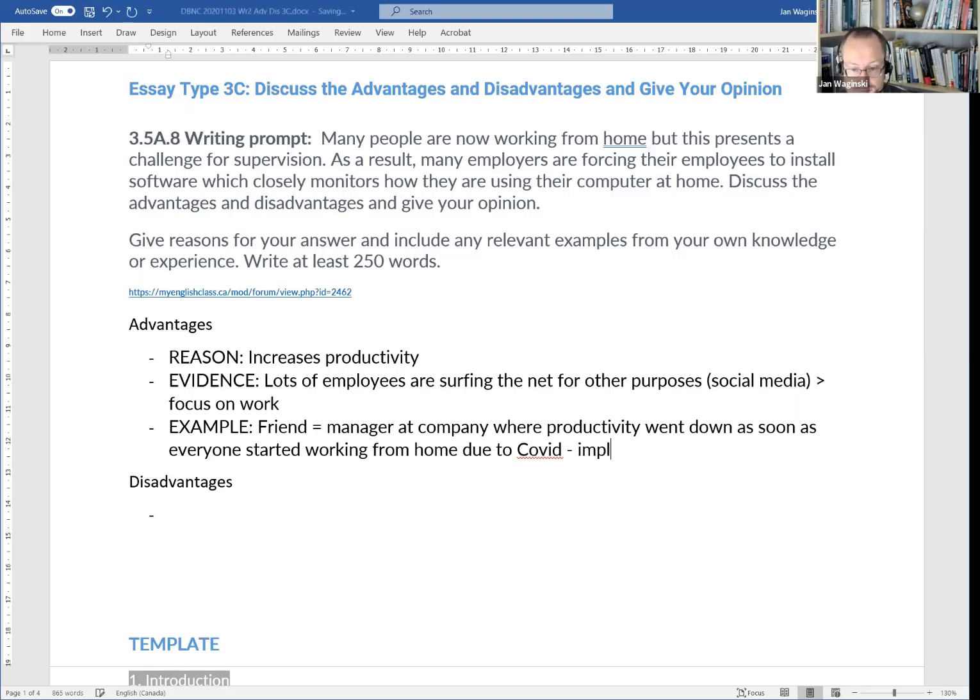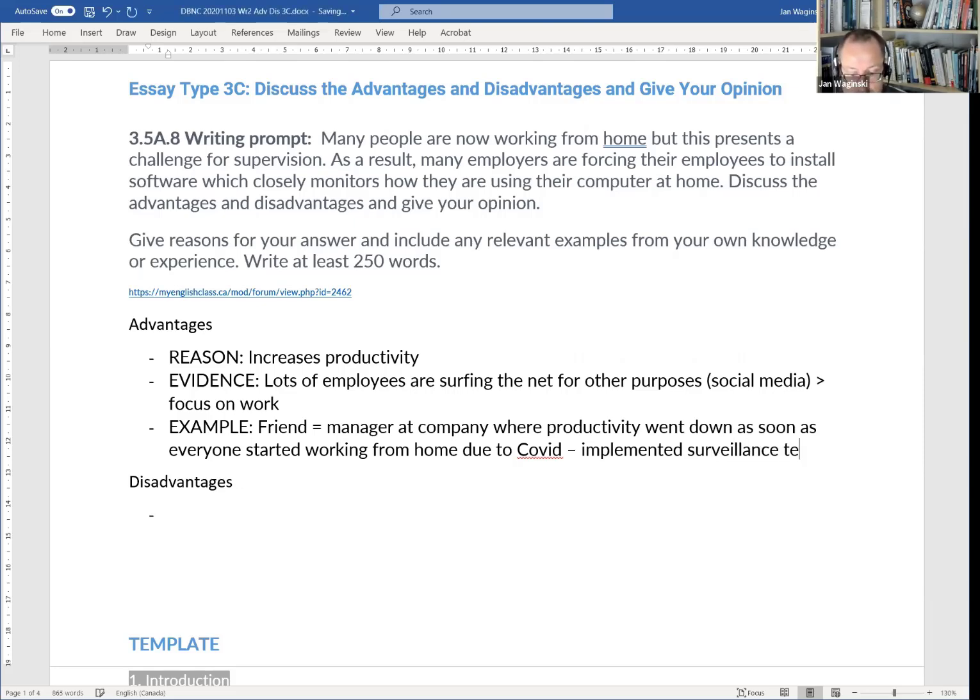Let's implement. Implement. Put something into action. We implemented this new procedure. We implemented this new policy. Implemented this technique during surgery. Implemented